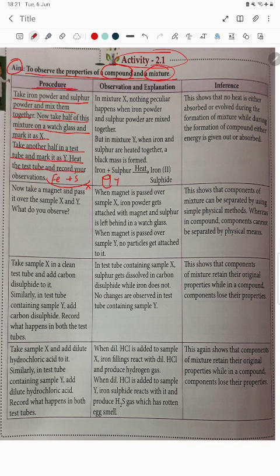Heat the test tube and record your observation. Both we have to heat. So what observation are you going to get? Let us see. In mixture X, the watch glass, nothing peculiar happens when the iron powder and sulfur powder are mixed together. But in Y, the test tube, when iron and sulfur are heated together,